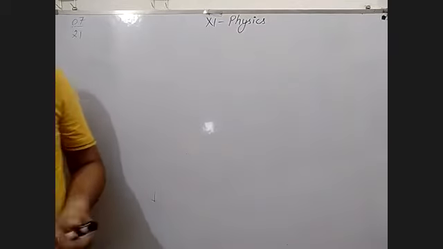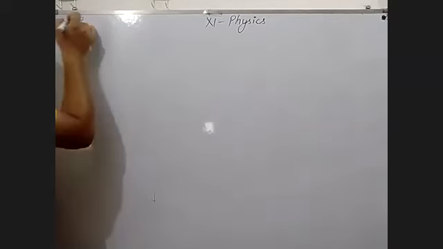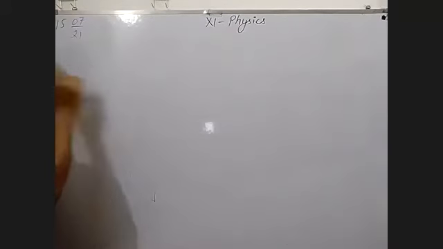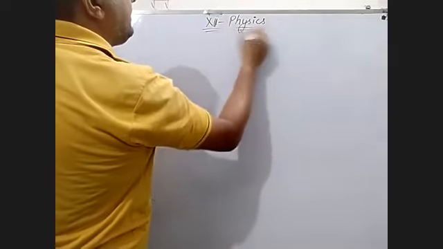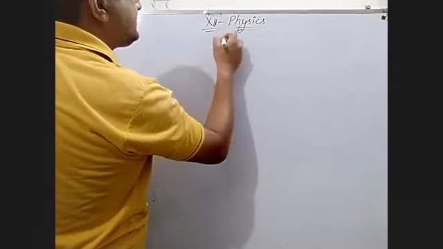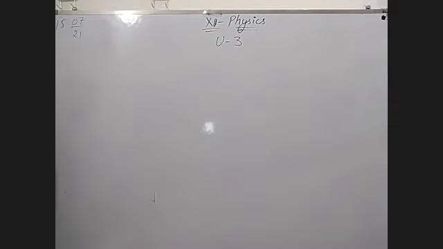The axis of circular coil. Today's date is 15th of July, class plus 2, and unit 3 is going on. Now, today's article is magnetic field at a point